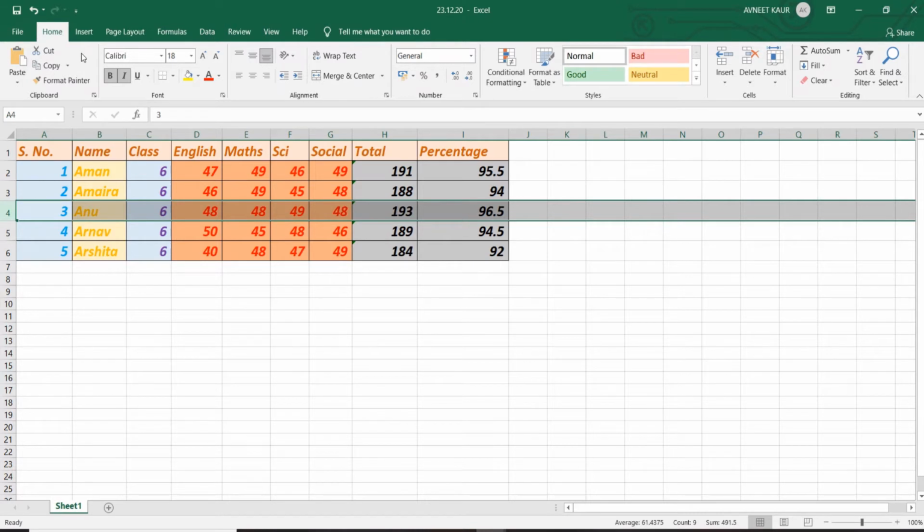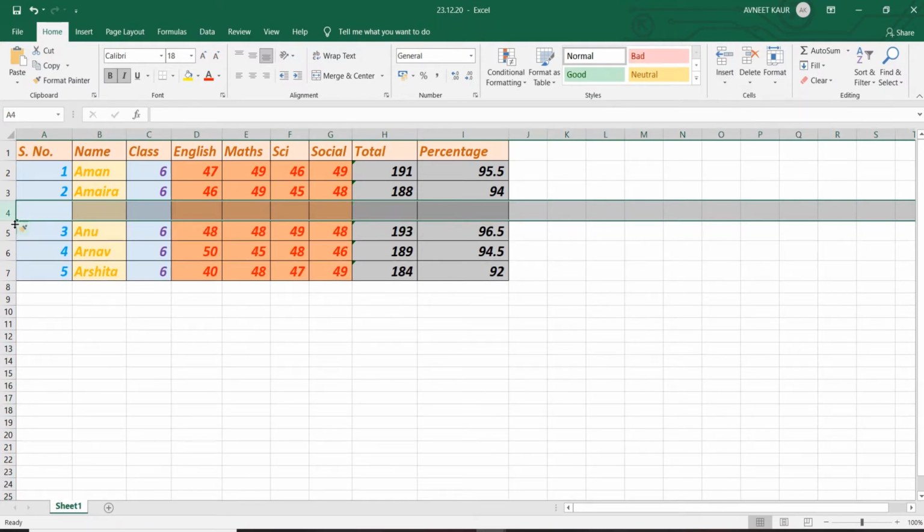After that, you will click on the Home tab. This is your Home tab. Under the Home tab, here you have the Cells group. Here you will select the Insert button. From the Insert button, you will click on this drop down arrow. The different options will be available from which you will be selecting Insert Sheet Rows option. As you click on this option, the row will be added to your spreadsheet. The blank row will be added to your spreadsheet. You can add any type of data, whatever you want.